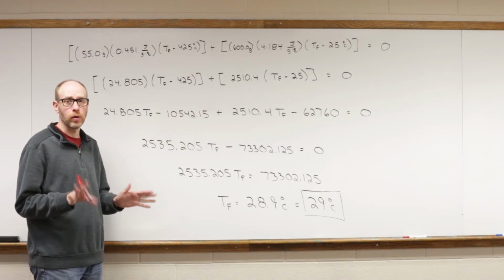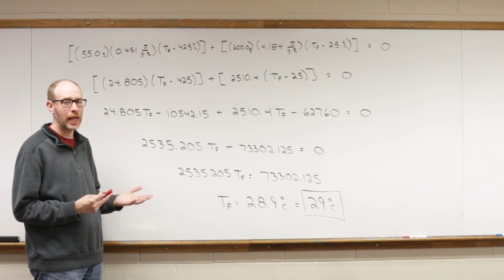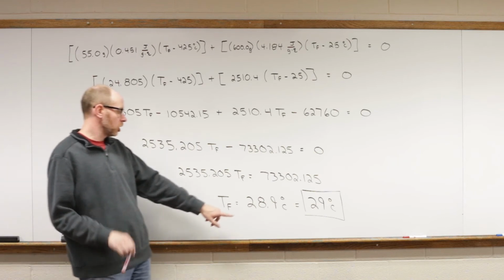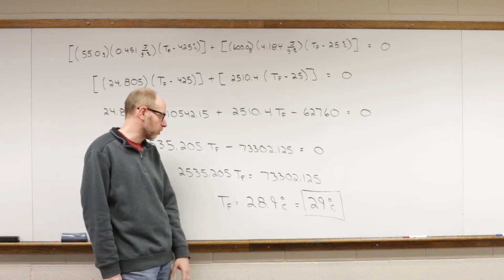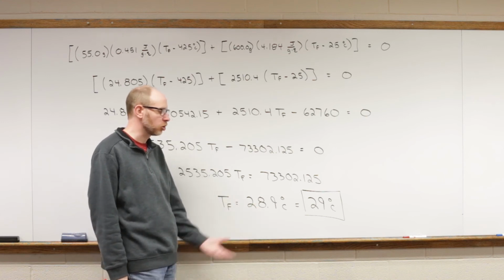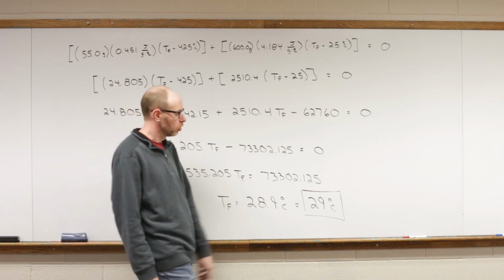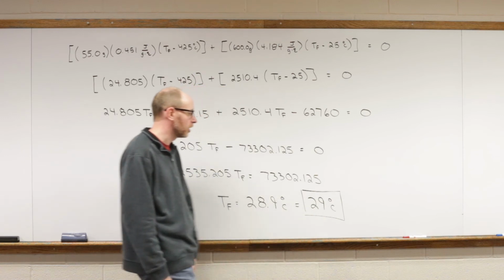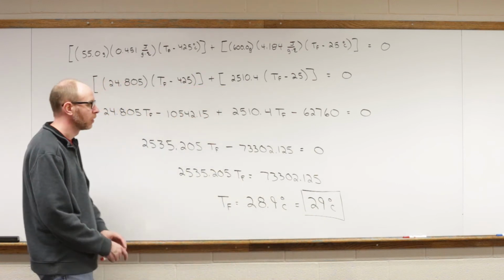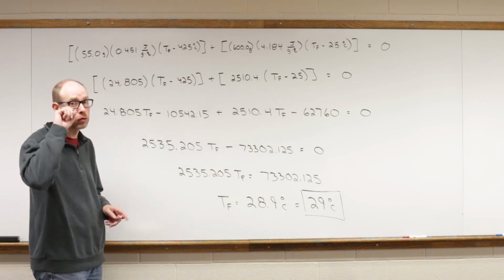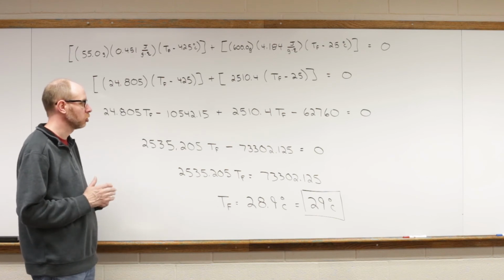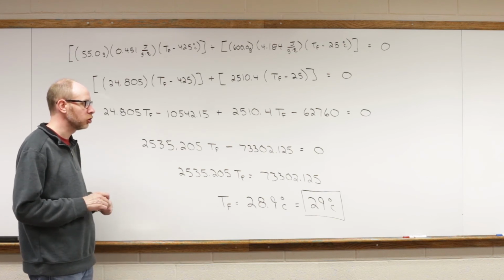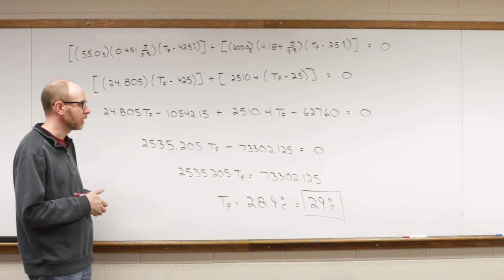Okay, so let's cut right to the chase. All right, what's the answer to the problem? Well, you should be able to solve it and you get a final temperature of 28.9 degrees C or somewhere around there. Rounded to the correct number of significant figures should be 29 degrees C. It's a challenging problem to work through with significant figures. There's a lot to it, but you should end up with those two at the very end, so 29 degrees